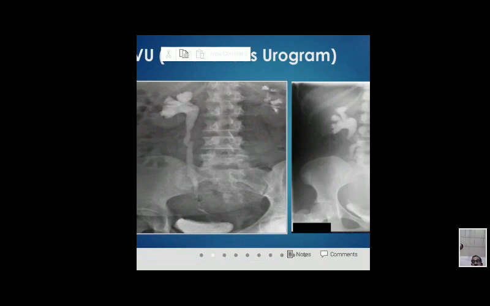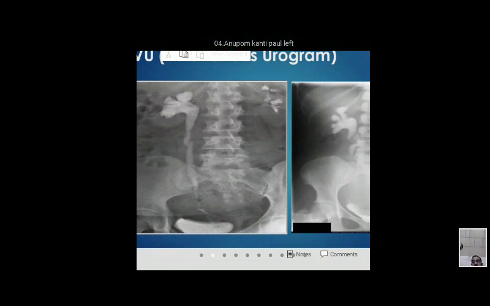Other than that, it may be due to inflammatory stricture, tuberculosis, or post-operative stricture. It may be due to transitional cell carcinoma of the renal pelvis or the ureter. In some cases, it may be due to obstruction of the ureter secondary to malignancy like carcinoma of the cervix, rectum, colon, and uterus. These are the important causes of unilateral hydronephrosis. Is it clear to you? Go through the book and you can get it.